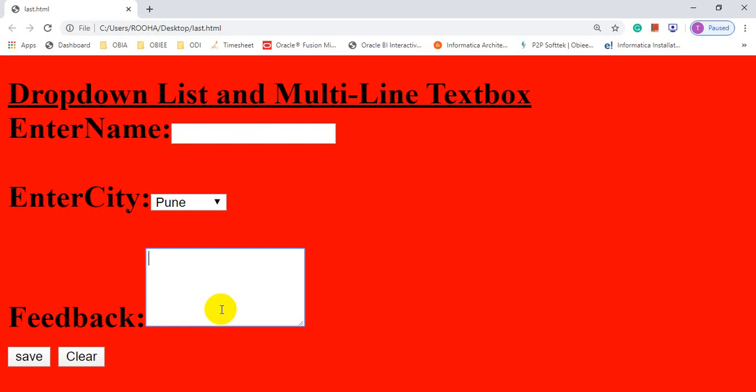But if the data is in large amount, we have to provide a multi-line text box. For example, if you want to post a comment about any product, in that case we have to give a multi-line text box, and a multi-line text box is created by using the textarea tag, and these are the sub elements of the form tag.